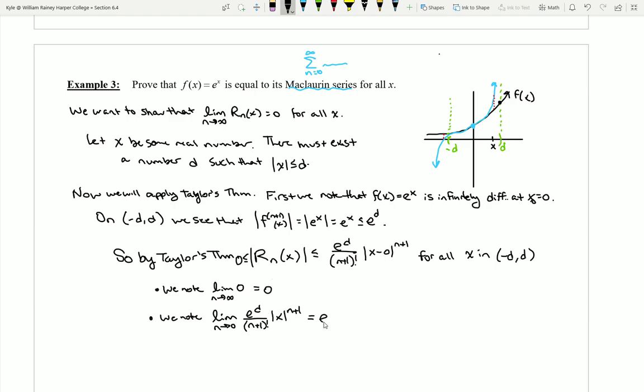Now I'm going to pull a move here where I take this e to the d and pull it out to the front. Notice it doesn't have any n's in it, so it's just a number and I can move it outside. And what I'm going to be left with is this. And here's where all of a sudden something really important is going to come back. A long time ago,